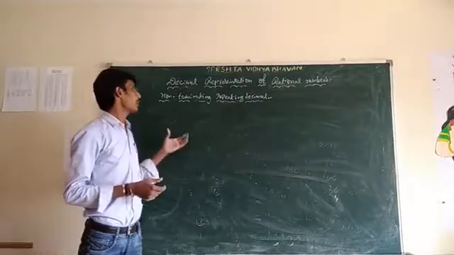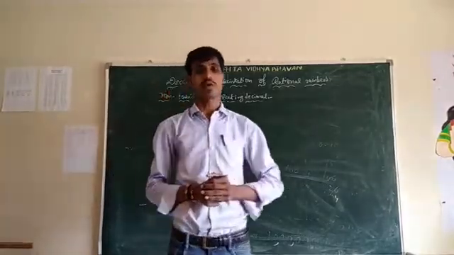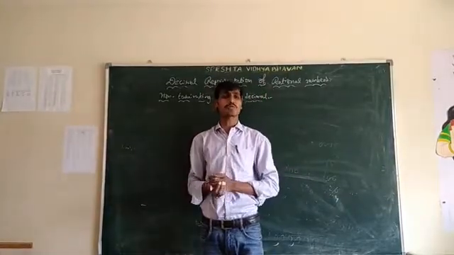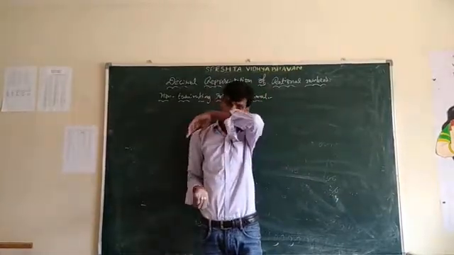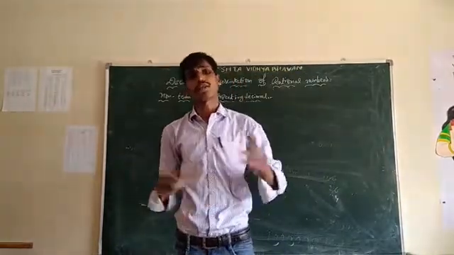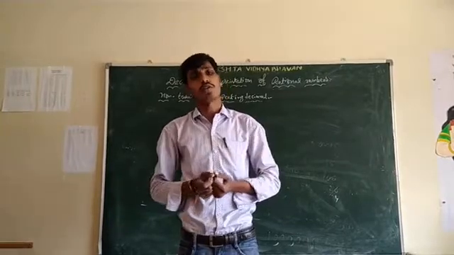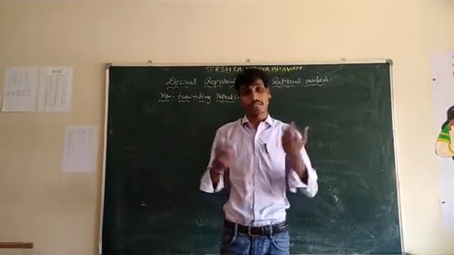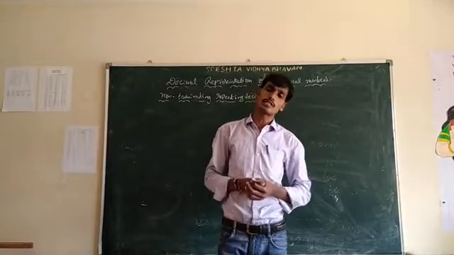Okay, so we completed the terminating decimal. So what is a terminating decimal? A terminating decimal means the decimal representation of the rational number has a finite number of digits. Otherwise, you can say another definition: when you divide the rational number by any number, the remainder will be 0. Then it is a terminating decimal.